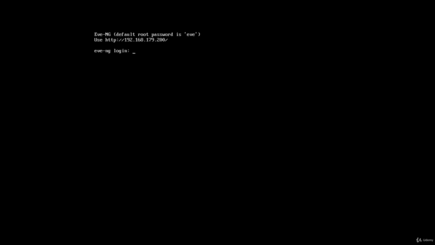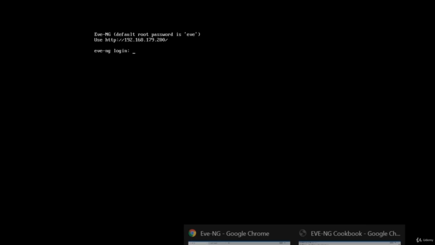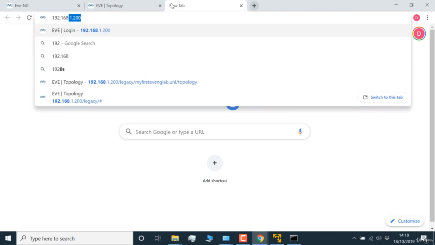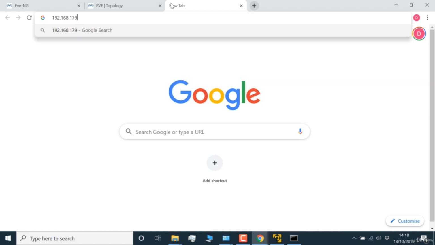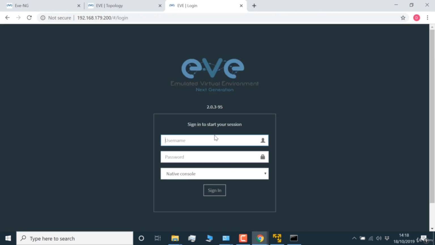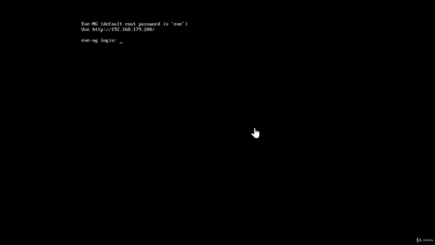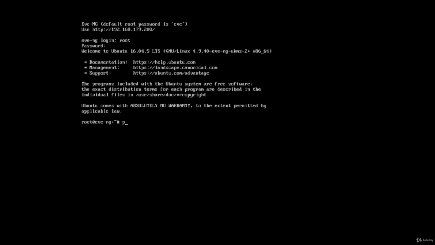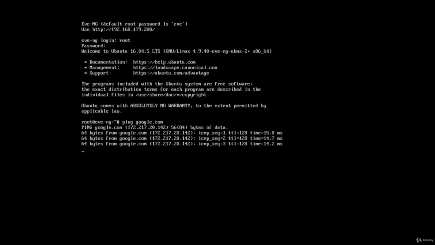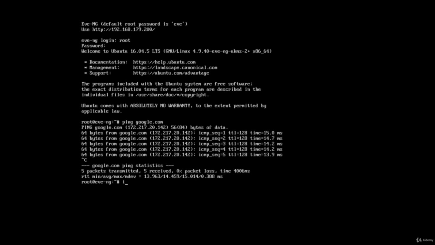So I'm told I can access the EVE-NG server using 192.168.179.200. And I'll be able to log into the EVE-NG server. Now, once it reboots, I want to log back in and make sure that I have internet connectivity. So make sure that you can ping google.com as an example. So again, ifconfig